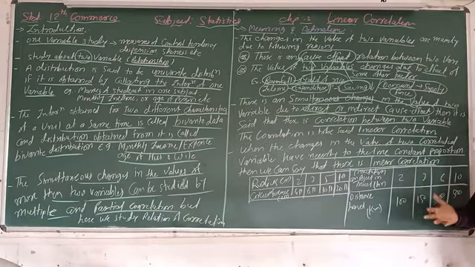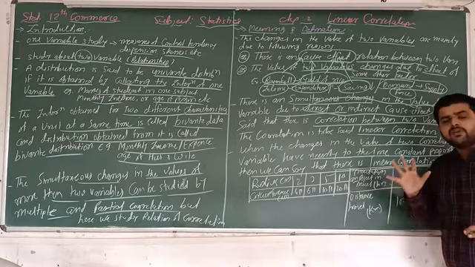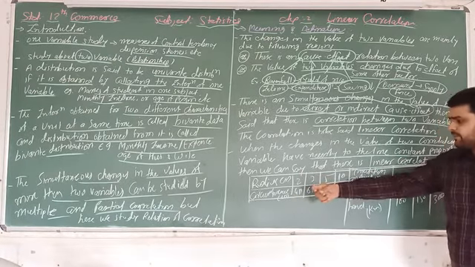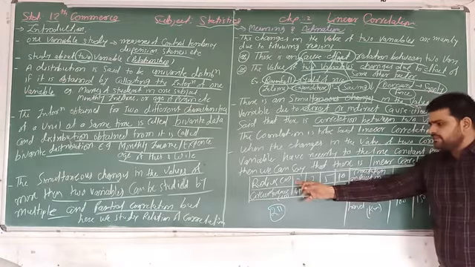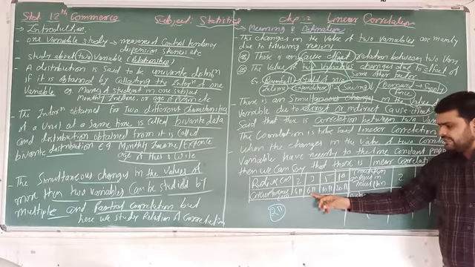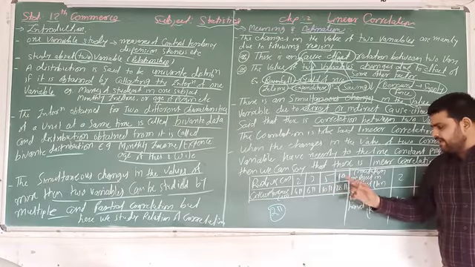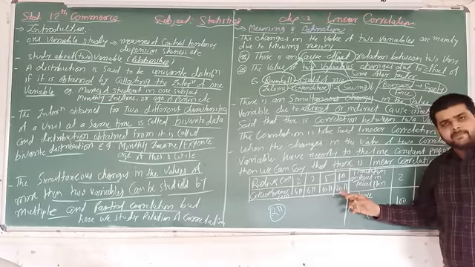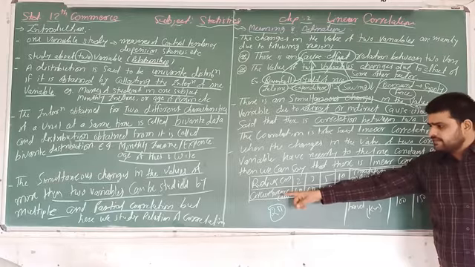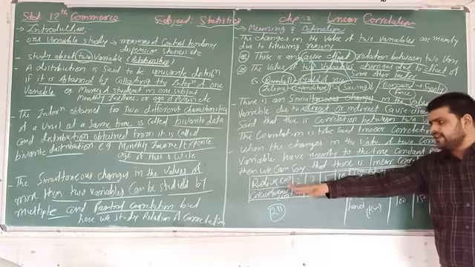So if there is a change due to a cause and effect relationship, either direct or indirect, that means there is correlation between two particular variables. For example, here radius and circumference. Circumference is 2 pi r. So if radius is 2, then circumference is 4 pi. If it is 3, then it is 6 pi. If it is 5, then 10 pi. And if it is 10, that is 20 pi. So as the radius changes, here we can say the circumference changes accordingly.